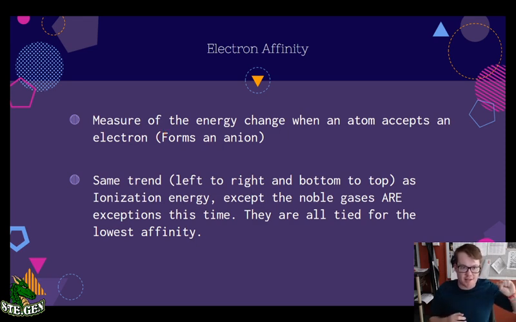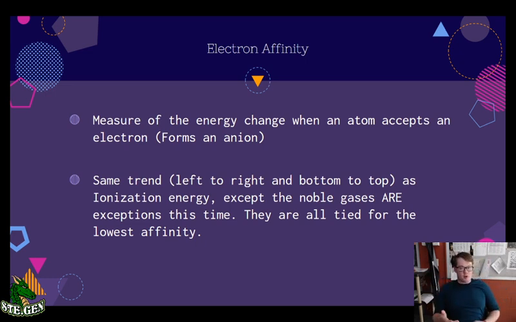So the last one was ionization energy. That was how much to form a cation. This is to form an anion. However, it's the same actual trend. It's still going to increase left to right and still increase bottom to top, except noble gases are actually the exception this time. Ionization energy, noble gases were the highest, but in electron affinity, they're actually all tied for the